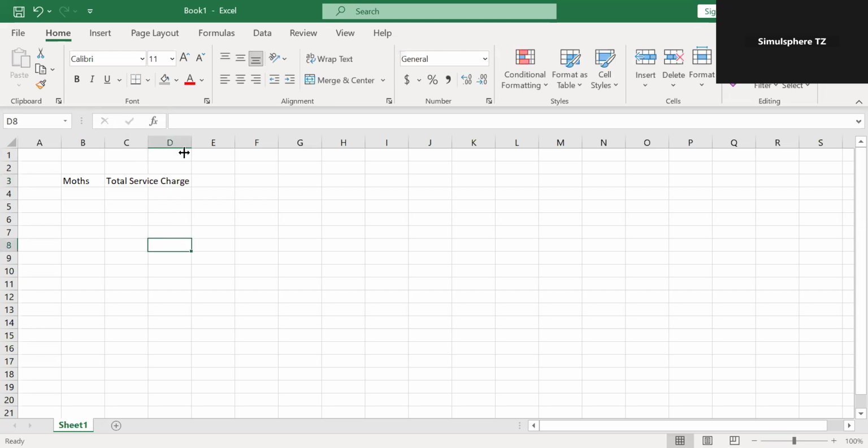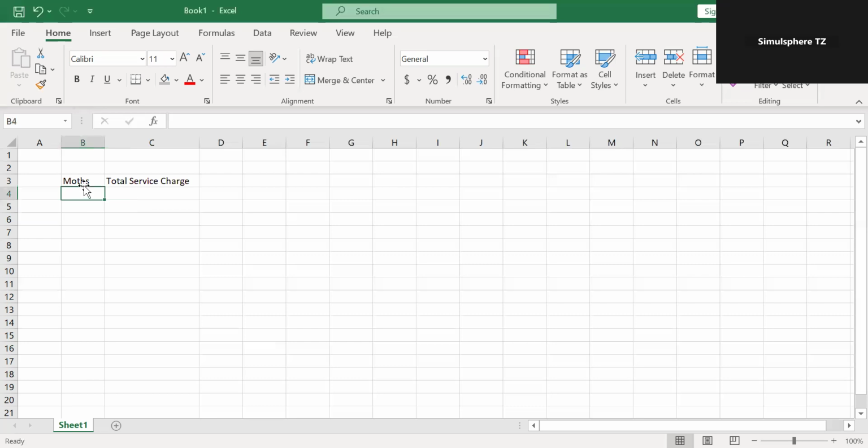And this table will have, oops, I called it month instead of months. This table will have the months of the year. So I will type in January in short form and February. I don't need to go ahead typing February, March, April, May, June. No, I will just highlight these two, come to this corner right here and drag down till I get to